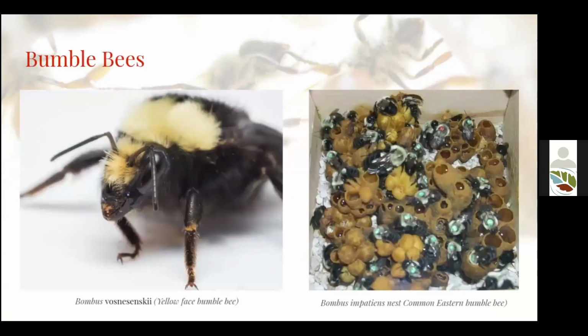All right, so I'm going to talk a little bit about the different groups of bees that you'll see here. And we'll start with bumblebees. Second to the honeybee, they probably are the most popularly known. Bumblebees are the only group of native bees in North America that have social behaviors and live in colonies where you have worker bees, sterile females that take care of all of the non-reproductive tasks of the colony. So you have one queen who's laying all of the eggs, and then the worker bees who are feeding and caring for the young and doing all of the foraging jobs in the hive.